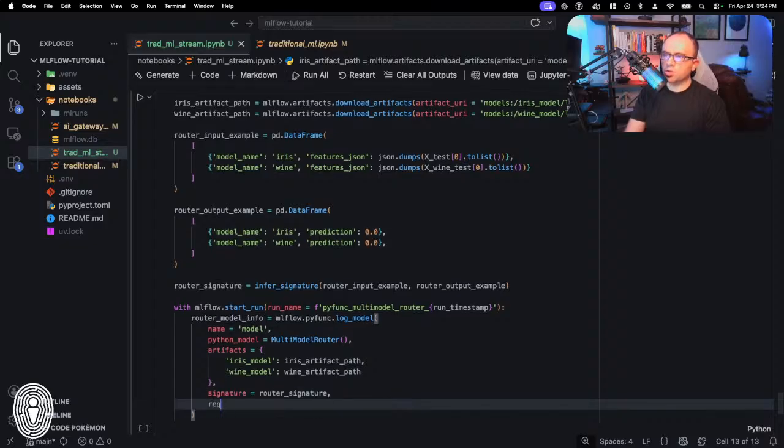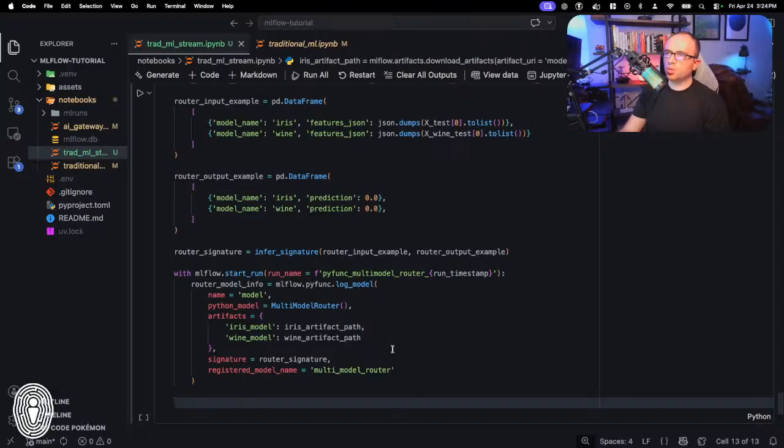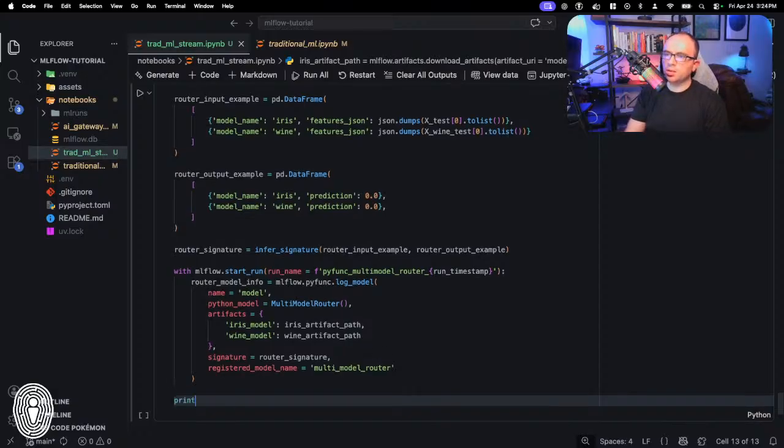And then finally, we need the registered_model_name. I'm going to call it multi-model-router. And then I'm going to do a little print statement here at the end just to signify that we actually did everything. So print f"Router model registered version", and then router_model_info.registered_model_version.